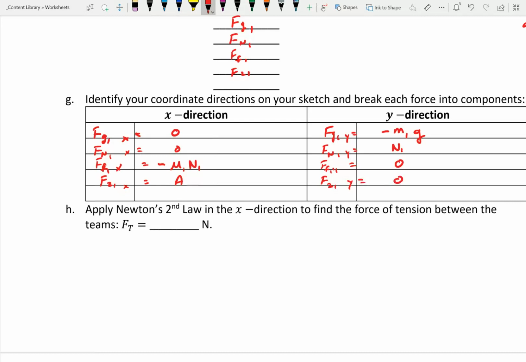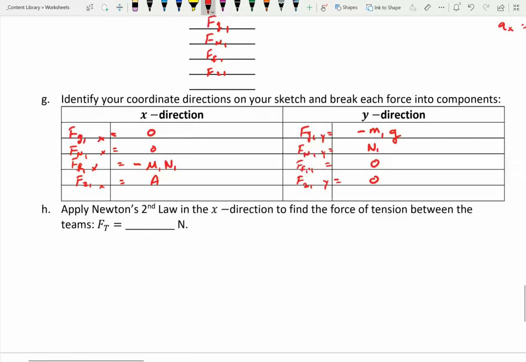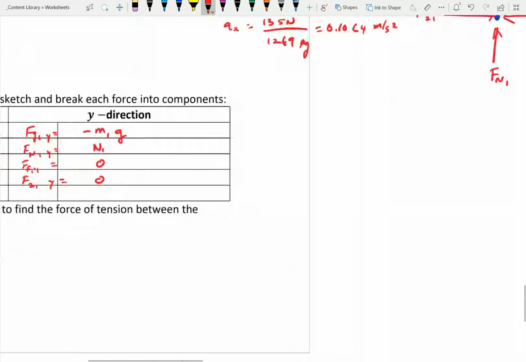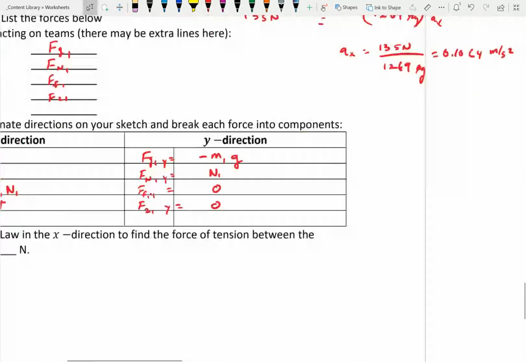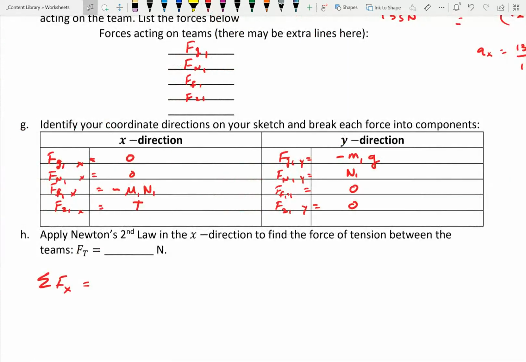So with all this, we now apply Newton's second law in the x direction to find the force of tension between the teams. So I'm just going to take the x direction according to this. Sum of the forces in the x direction is equal to, oh, I should have put T here, not A. I'd actually defined that up above. Sum of the forces in the x direction is equal to